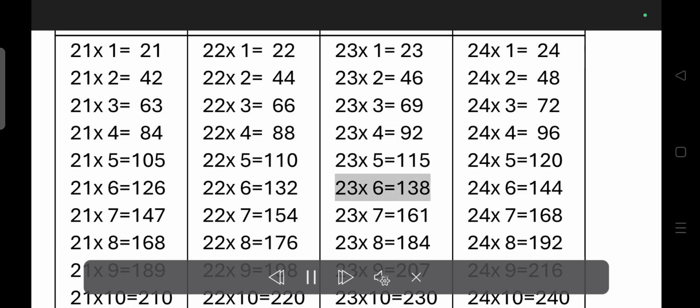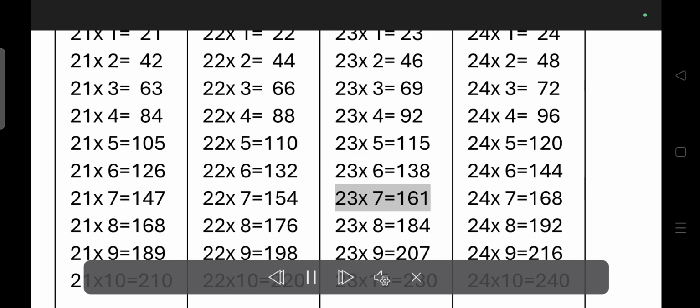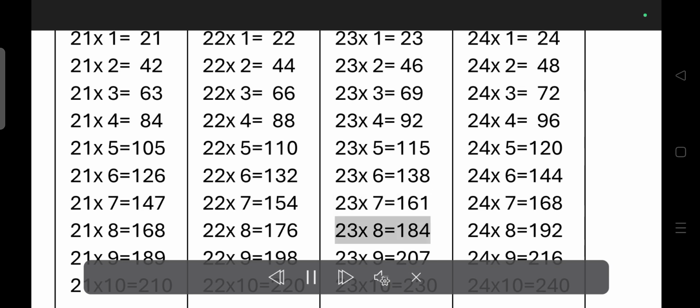115. 23 times 6 is equal to 138. 23 times 7 is equal to 161. 23 times 8 is equal to 184. 23 times 9 is equal to 207. 23 times 10 is equal to